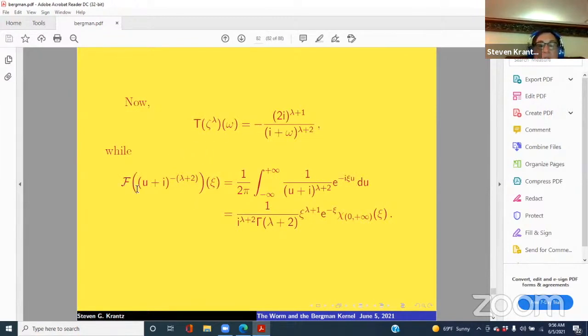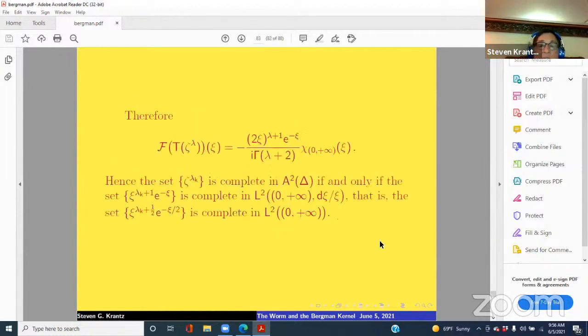And the Fourier transform of this expression, here's the definition of the Fourier transform, turns out to be this. That's just a straightforward calculation. And therefore, the Fourier transform of T of zeta to the lambda turns out to be this expression. Here, gamma is the standard gamma function. And therefore, the set zeta to the lambda k is complete in A2 of the disk if and only if the set